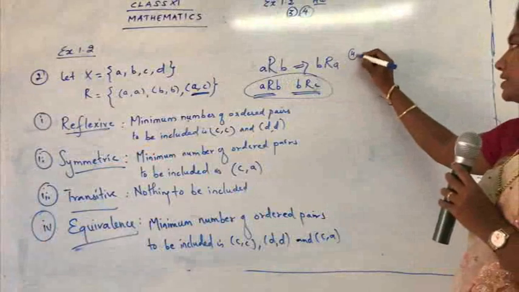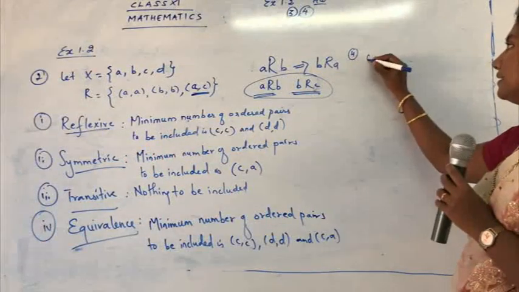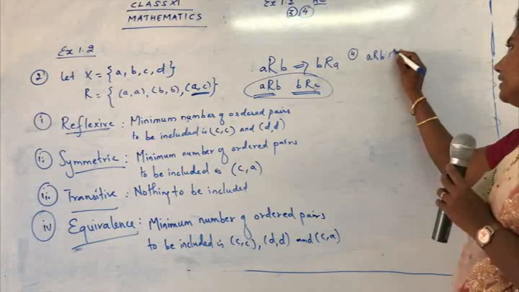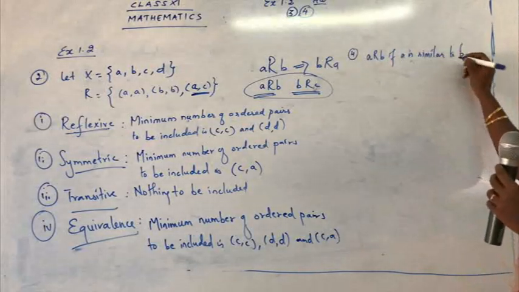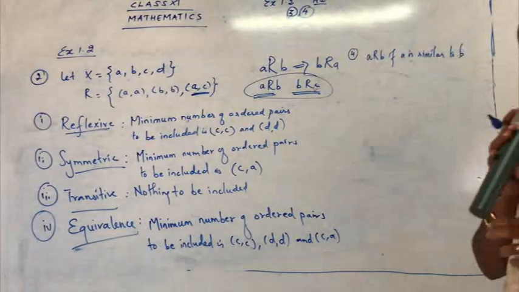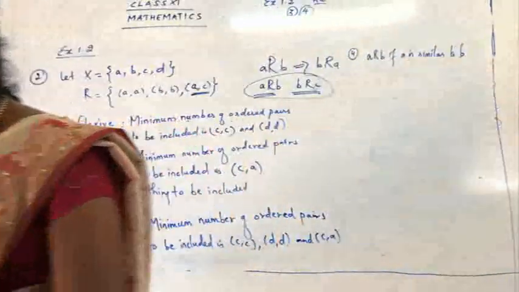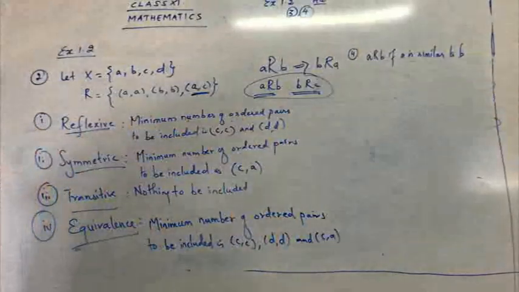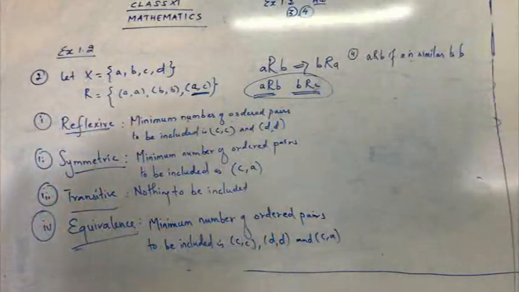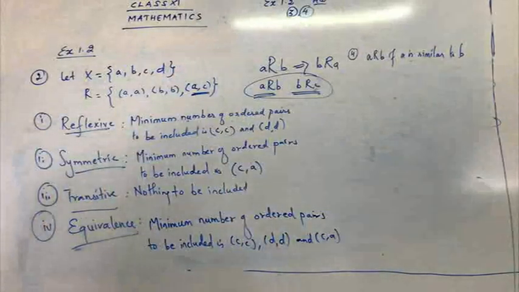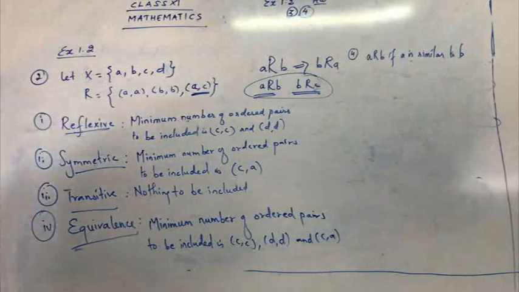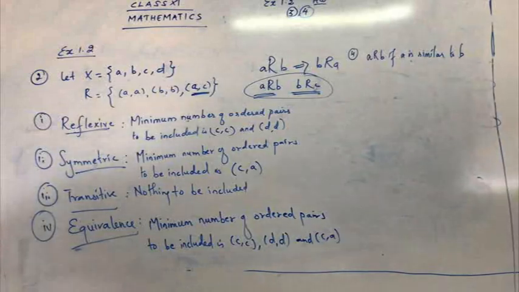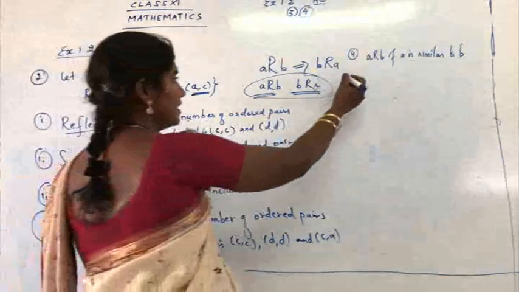So what are you going to do under sum number 4? The relation given is: A related to B if A is similar to B. So this is the condition given to you. Now, what have they asked you? They have asked you to prove that it is an equivalence relation. When we say the given relation is equivalence, it must be reflexive, symmetric, and also transitive. So what were the rules that we followed? The first thing is you have to write here, first part reflexive.